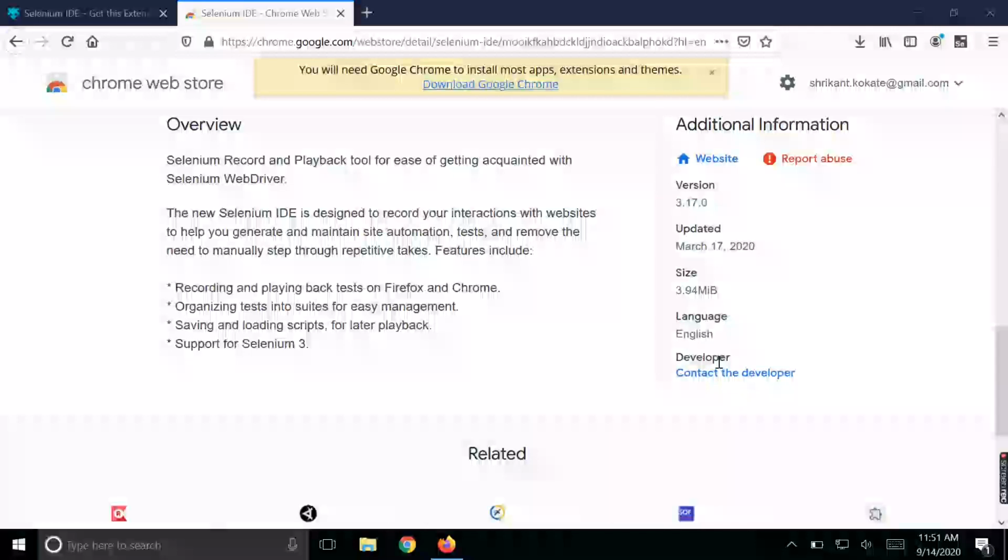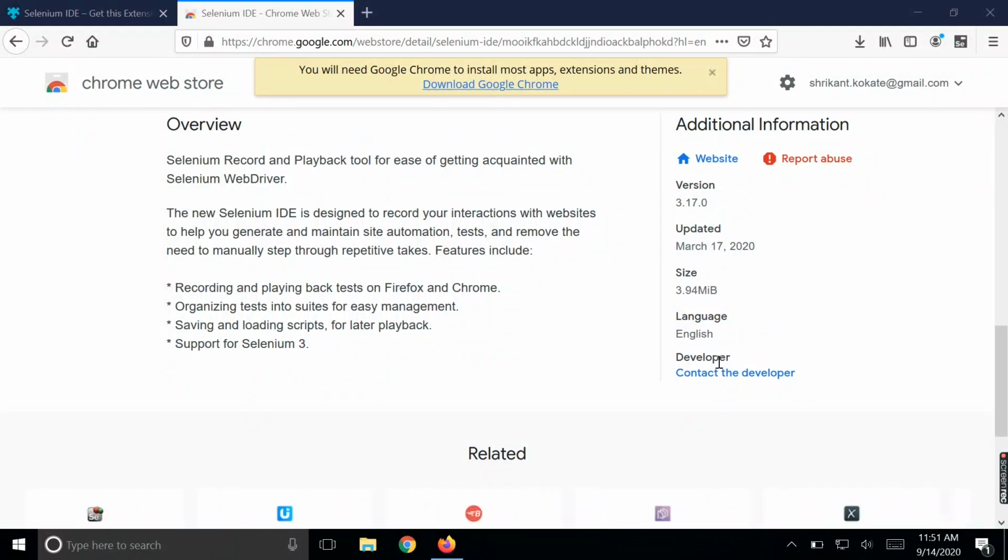Hello students. So today we'll be discussing the Selenium IDE. In the last video we discussed the introduction of mini project 2, and in that we saw the different flavors of Selenium and how we are going to use these flavors of Selenium. So to start with, first we have the tool which will be used as a record and play tool